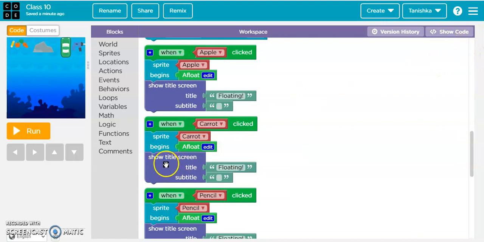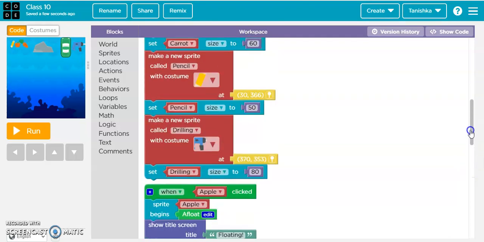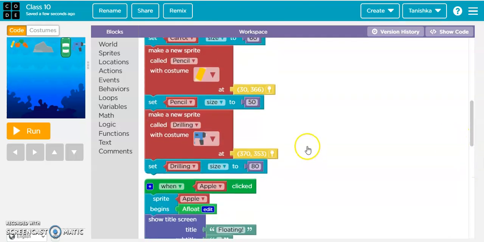Then it is also show title on the screen. Title is floating. I have also done sprite begins carrot, so I have also created a sprite. As I have done above, set drilling, set pencil to the size of 250.